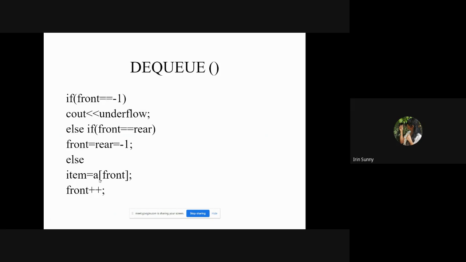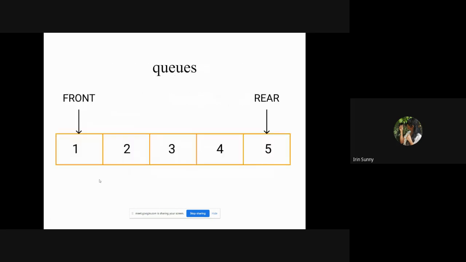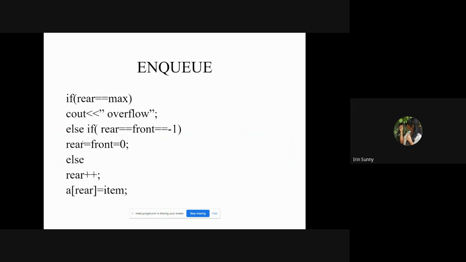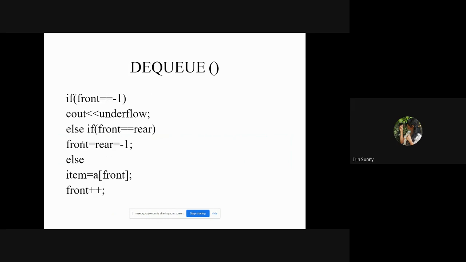Front double equal to rear means there is only one element present. If front and rear point to the same position, there is only one element. If that is the case, after removing that element, it should point to minus 1, because it is the underflow condition.